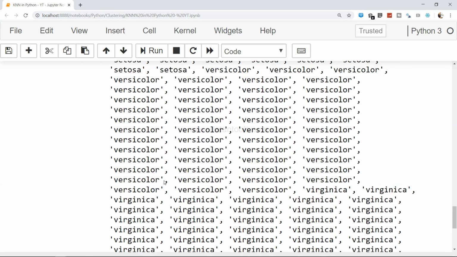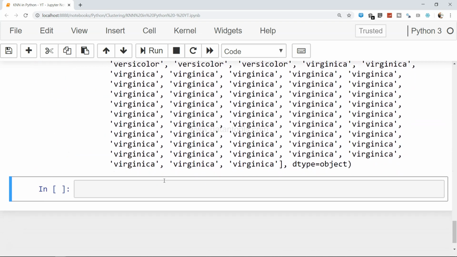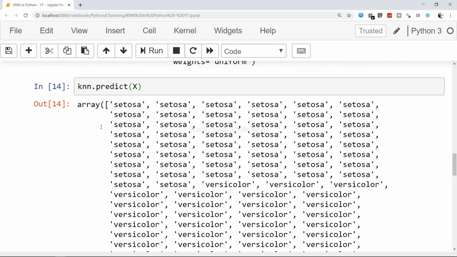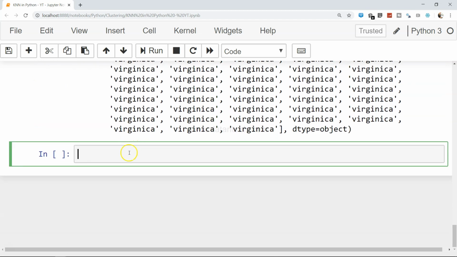And here you can see we have an array which is similar to this. Now the next question is how to combine the y values and KNN predict this particular column. So to combine it, just for the purpose of scanning the data, is y underscore predict, just one new object I am creating, pd.DataFrame, and within this data frame we need data equals to, and within the data I need